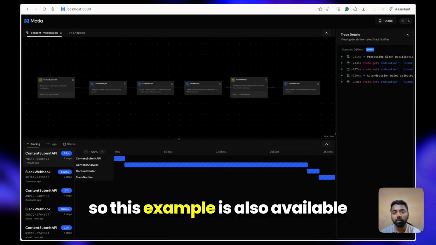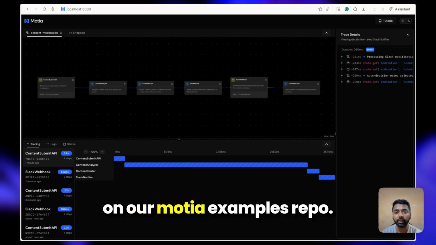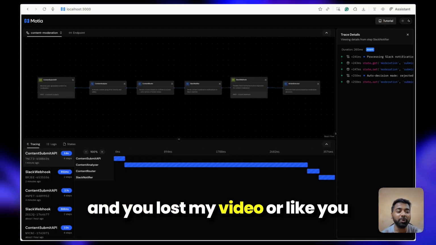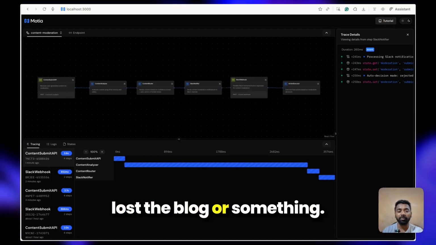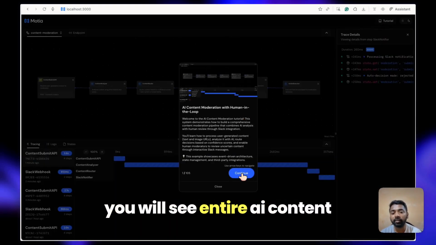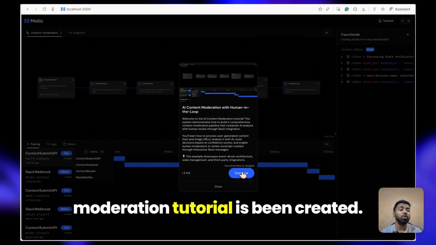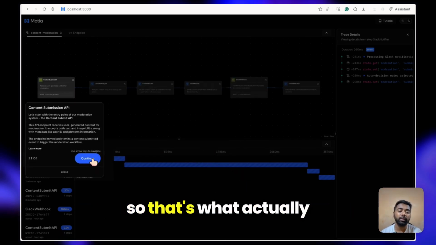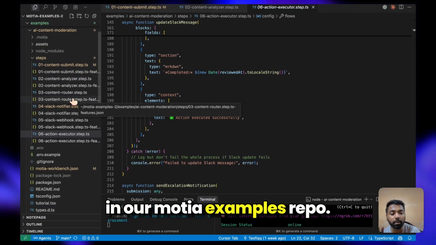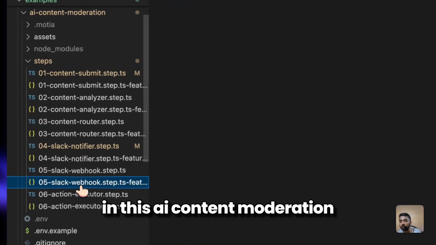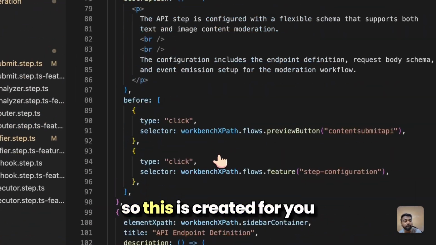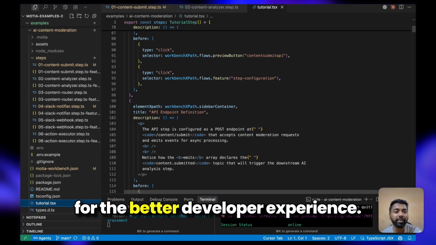This example is also available on our Motia examples repo. If you are going there and you lost my video or the blog, definitely just click on this tutorial. You will see the entire AI content moderation tutorial has been created. In this AI content moderation example, you will see there is a tutorials file, created for you for a better developer experience.